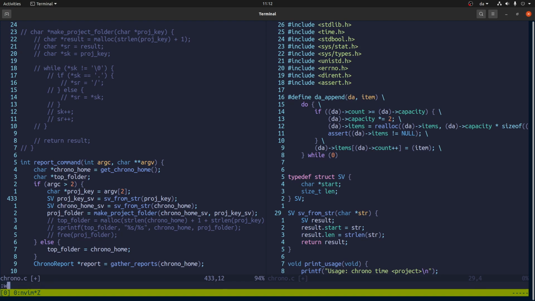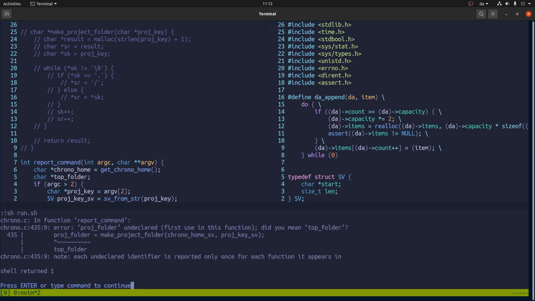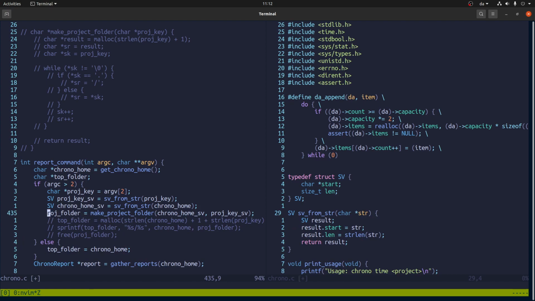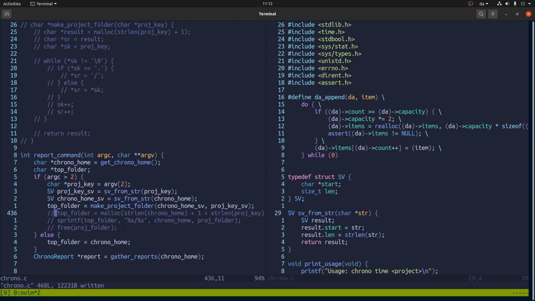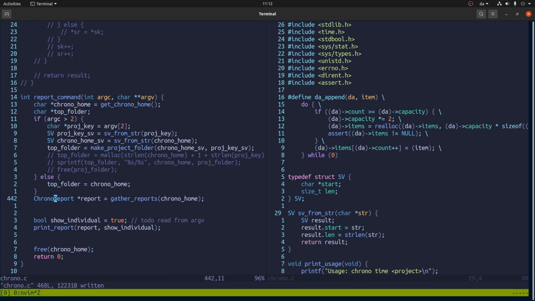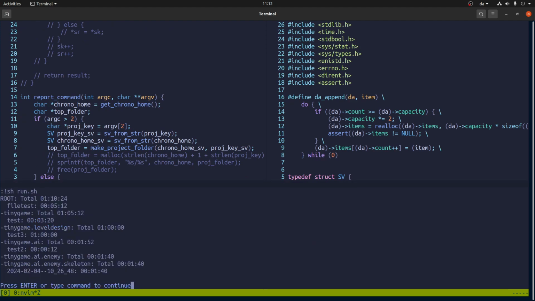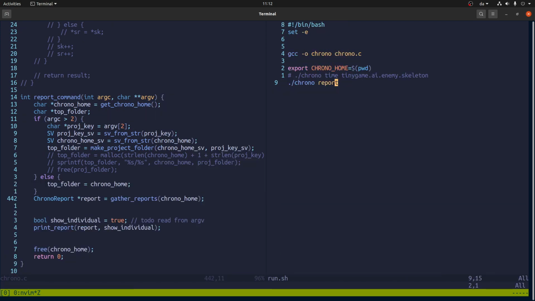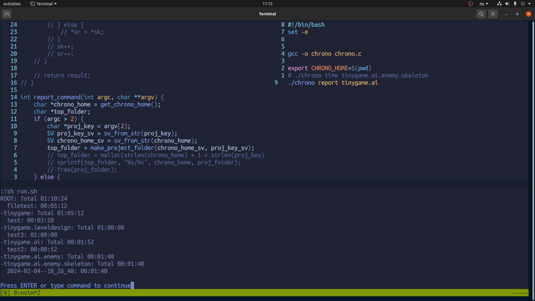So just do away with that. And this guy doesn't work. Sorry, and that is top folder is equal to that. Okay, compiles. But now if I say, okay, give me the reports only for the AI stuff, I run that